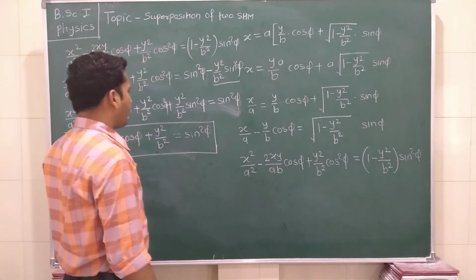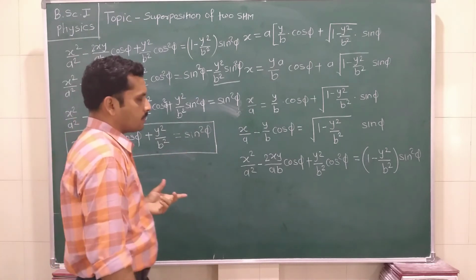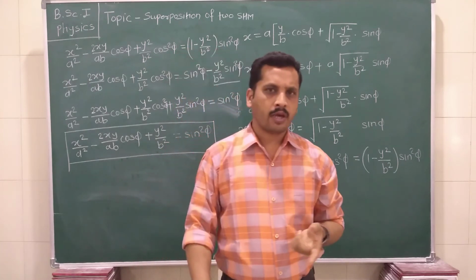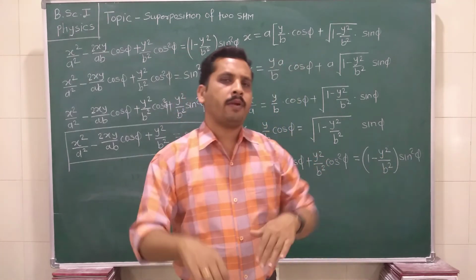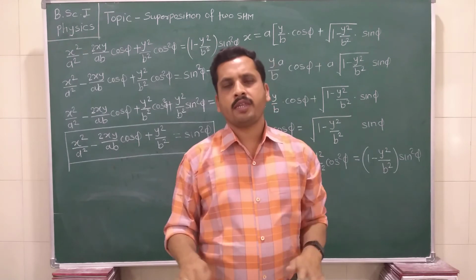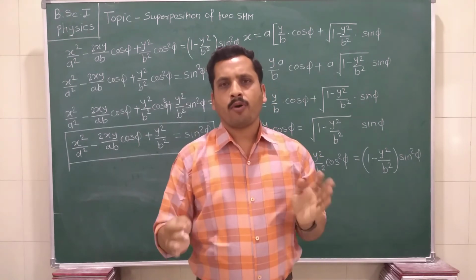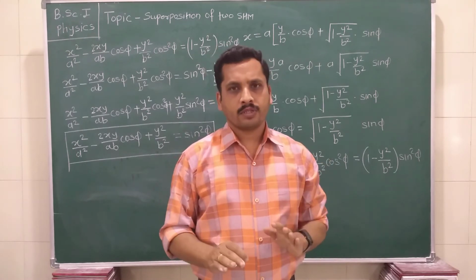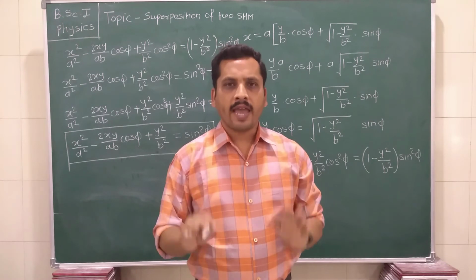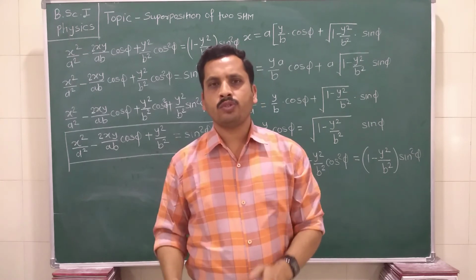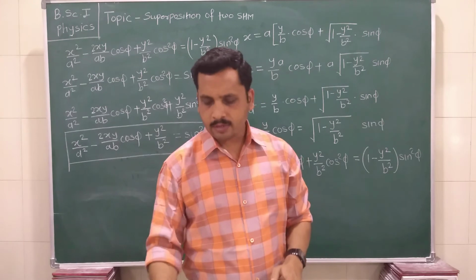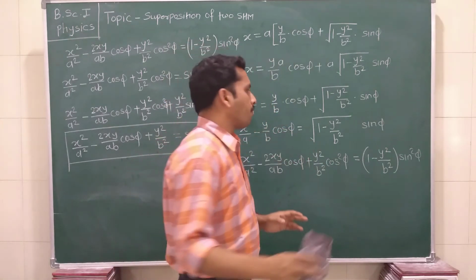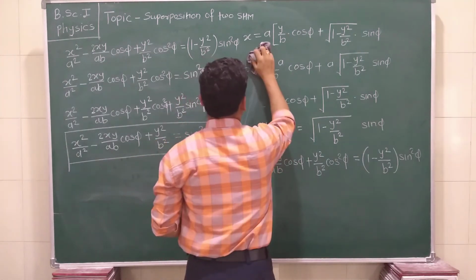Now we already see that this φ denotes the phase difference, and as the value of the phase difference between two simple harmonic motions which are mutually perpendicular to each other changes, we get different shapes followed by the particle after the superposition of waves. When the phase difference between the two simple harmonic motions changes, the shape of the path also changes.